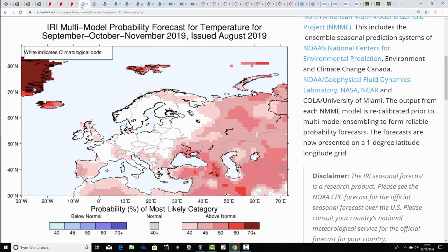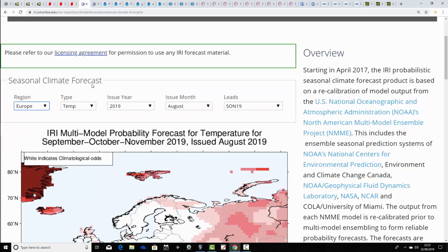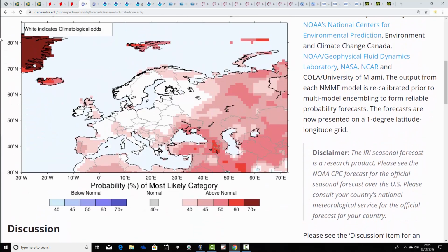This is the multi-model probability forecast for temperature for September, October, November 2019, issued this month in August from the International Research Institute for Climate and Society, Earth Institute and Columbia University. The temperature probability for this autumn across Europe and across the UK in particular indicates a rather warmer than average autumn being forecast. So our probability is around the 40% mark for being above average during this autumn. It's not a big deviation, but not a strong one. We're not strongly signaling a very warm autumn here, just signaling that it's likely to be a little bit warmer